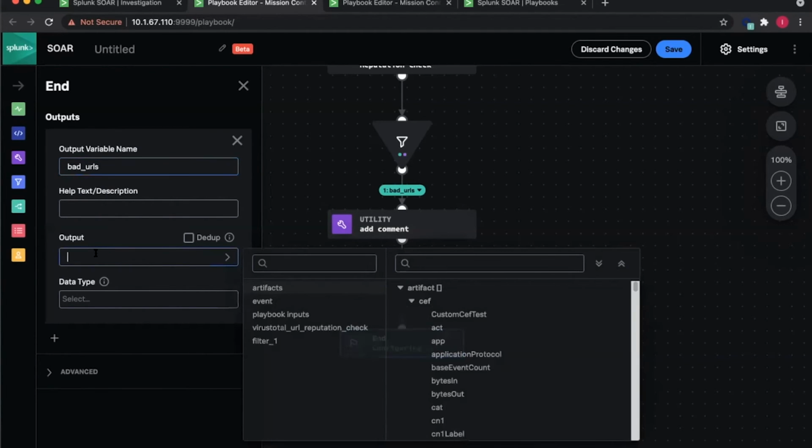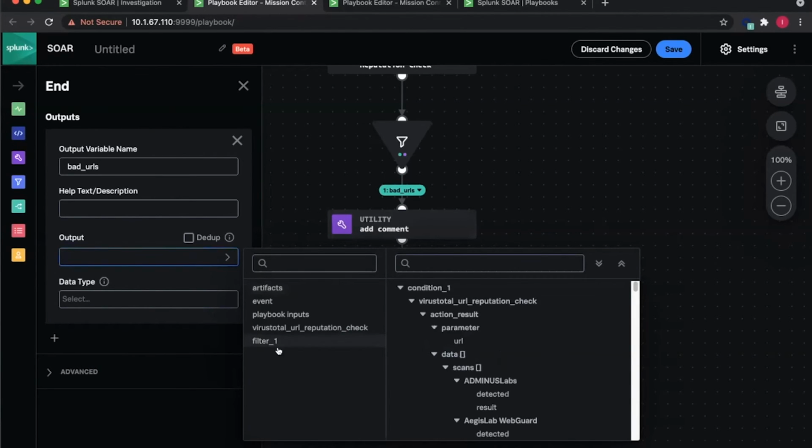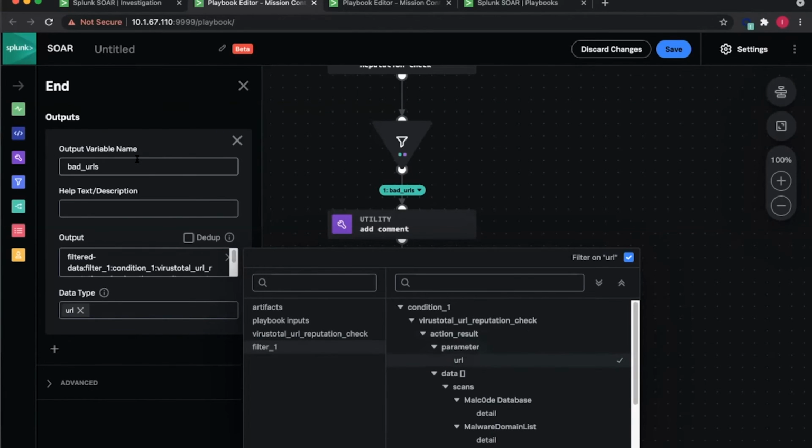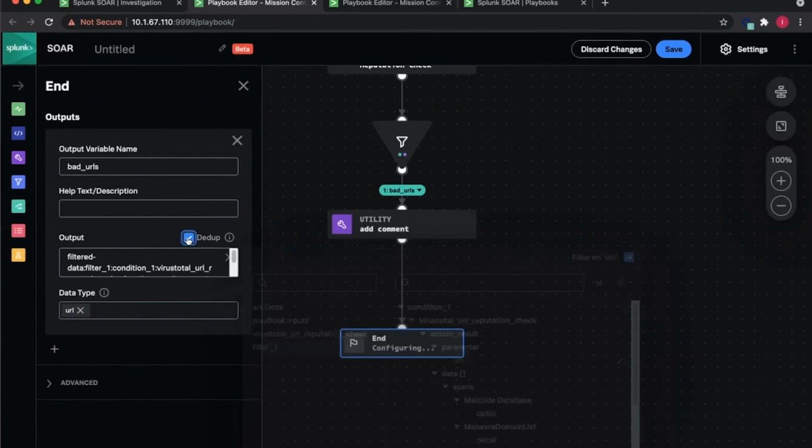And I'm going to supply the bad URLs output variable with the results of our filtered output. So we'll say the VirusTotal action results that have positives greater than or equal to 3, we're going to say those are our bad URLs, and then can be used by parent playbooks that leverage this modular playbook. And I'm going to deduplicate that. So if there are any duplicates in there, the parent playbook won't have to deal with those. They'll just have to deal with a single set of all the unique URLs that were found that were malicious within this particular investigation. So now that we've done that, we're going to name our playbook as